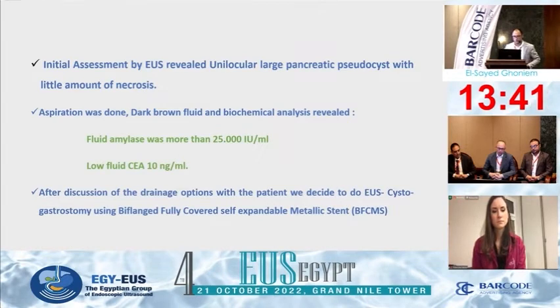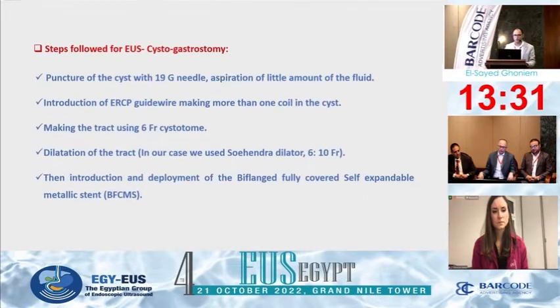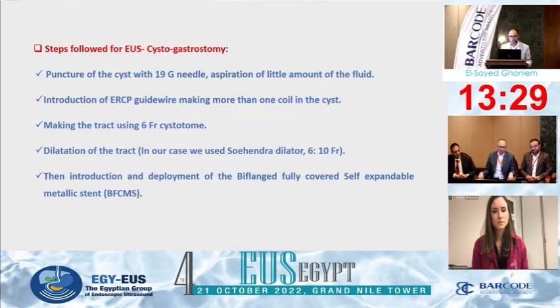We discussed different options for drainage with the patient, and we decided lastly to do EUS guided cystogastrostomy using biflanged fully covered self-expandable metallic stent. We follow the regular steps for EUS guided cystogastrostomy. We first puncture the cyst with a 19 gauge needle and aspirate a little amount of the fluid, which is brownish fluid. Then introduce an ERCP